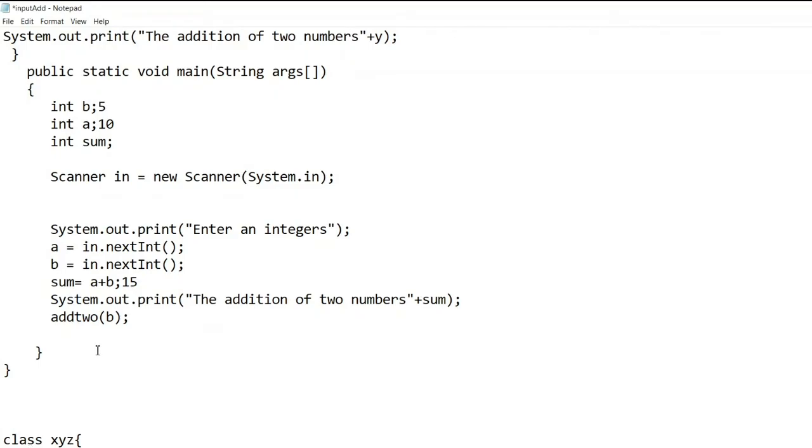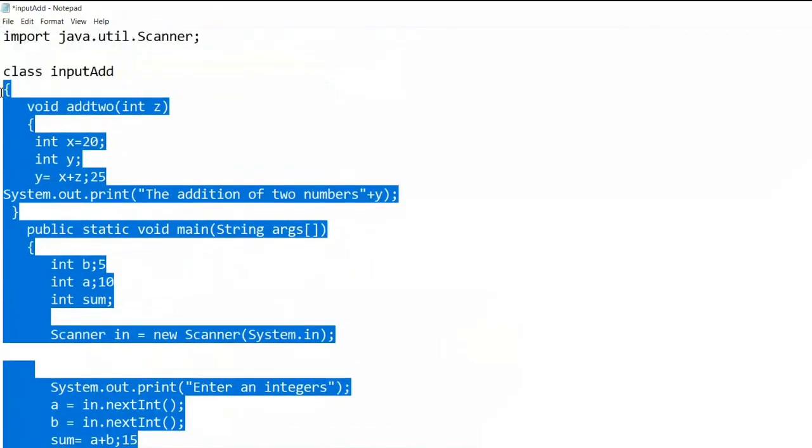It is not possible to access the values a and b in another class. Why? Because these are completely different classes. The scope of these a, b variables lies within this class add only. I can't access them from the other class.